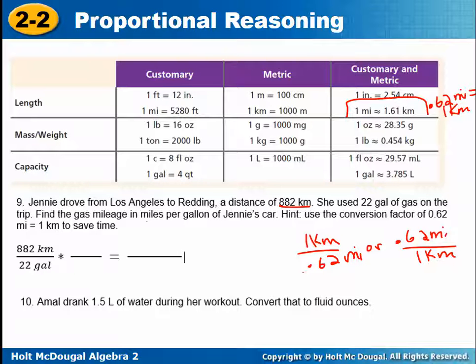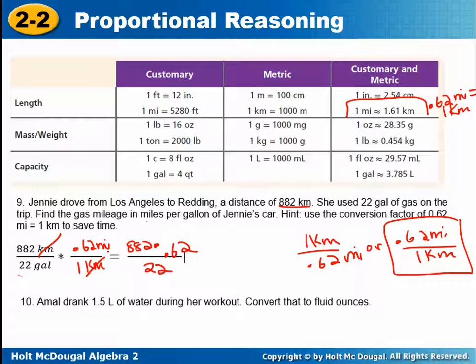Which one of these would cancel the kilometers with the kilometers? So we want to cancel kilometers, so we're left with miles. So I want this one because then I have kilometers in the numerator and kilometers in the denominator, and they cancel, and I'm left with 882 times 0.62 divided by 22, and my units on the top would be miles, and the units on the bottom would be gallons. Now, I would still have to do the math, and I don't have my calculator on the screen right now,